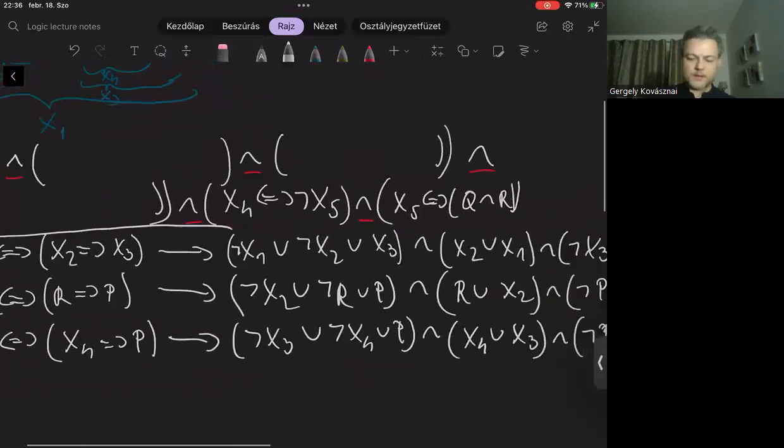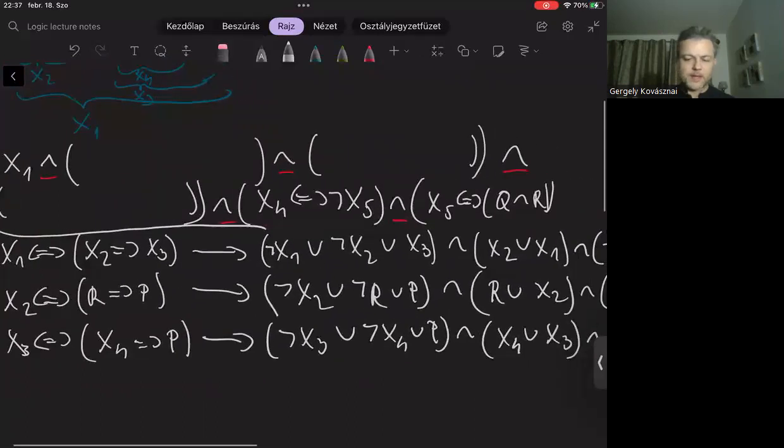Okay, let's look at this equivalence here. It looks much easier than the previous ones. Actually, if you look closely, it is just about substituting a literal into another literal. So basically, we can eliminate this equivalence very easily. Just substitute every x4 with not x5.